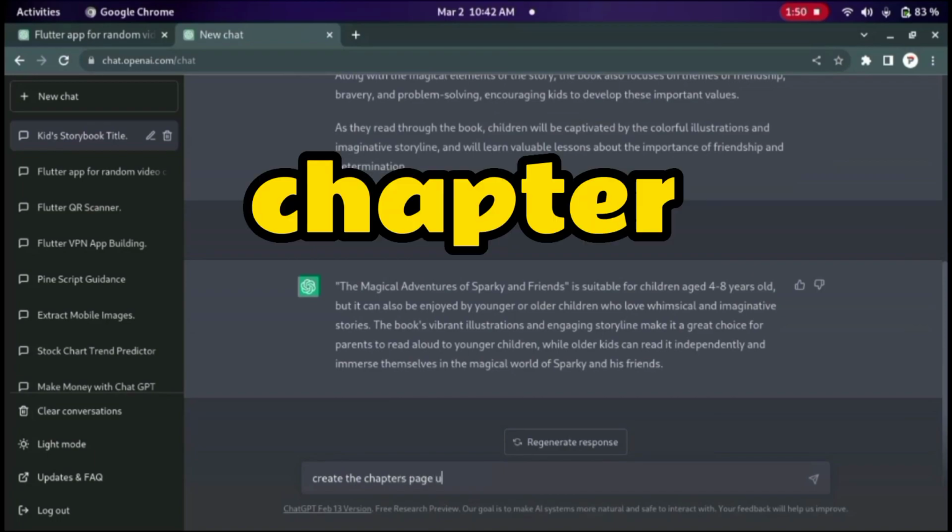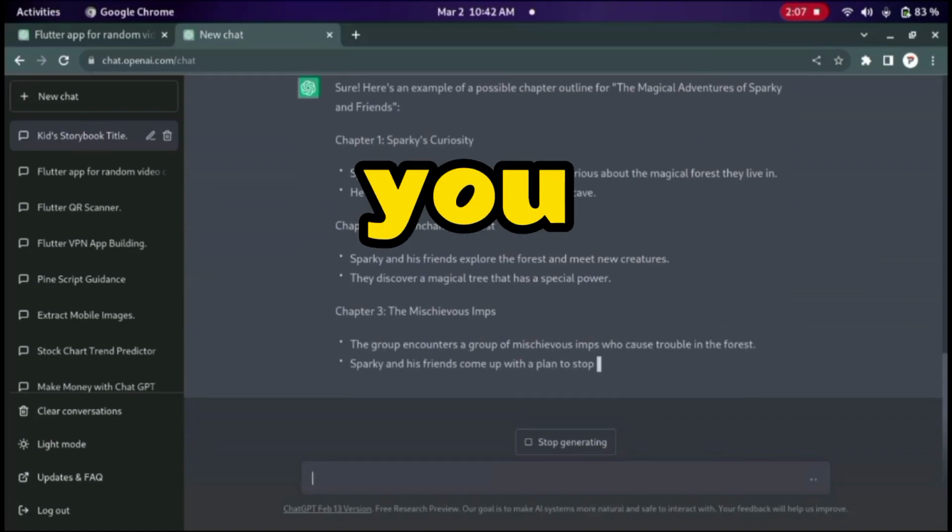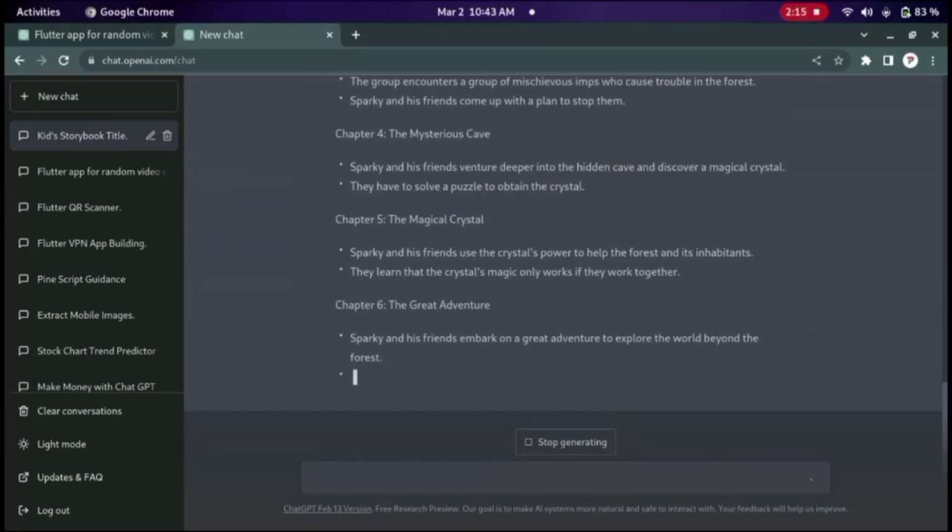Now create chapter page outlines. It will generate the outlines for you. After generating our outlines,